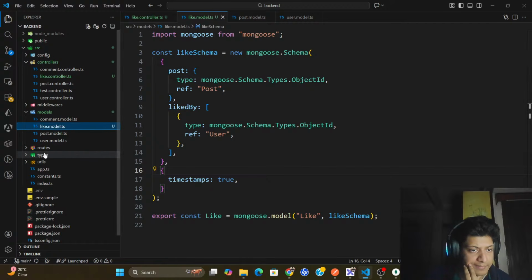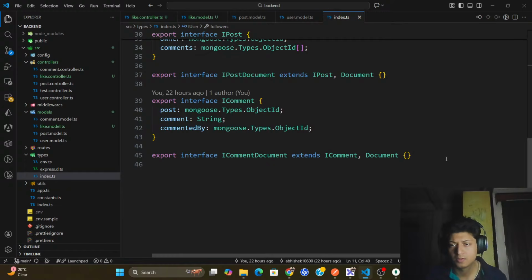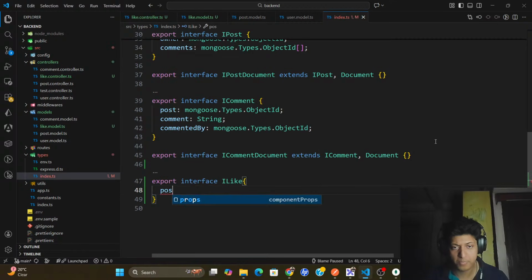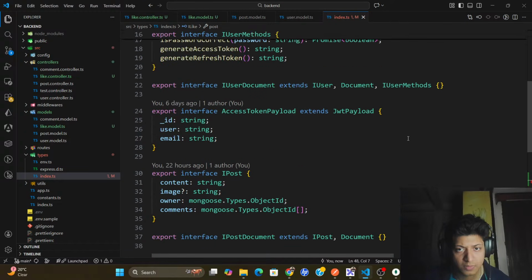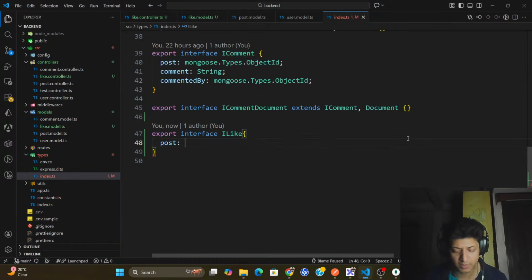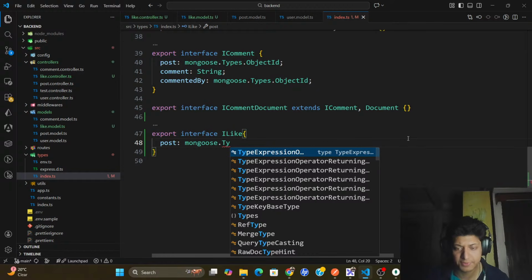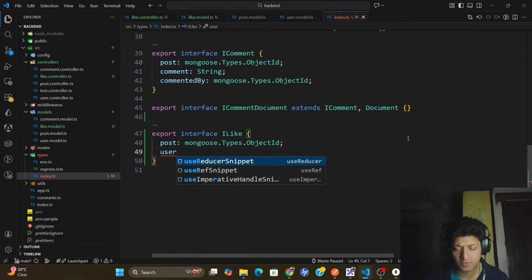And quickly create types in index.ts. This will be export interface ILike. Then I'll get post. Post will be mongoose.Types.ObjectId. Then user will be